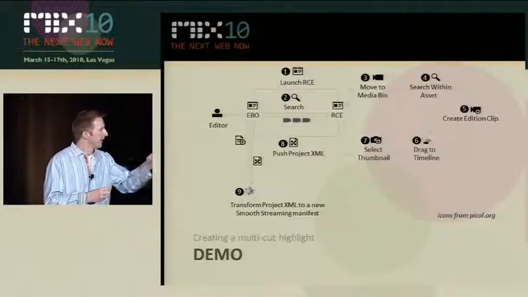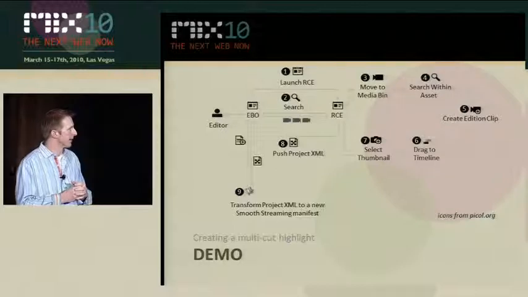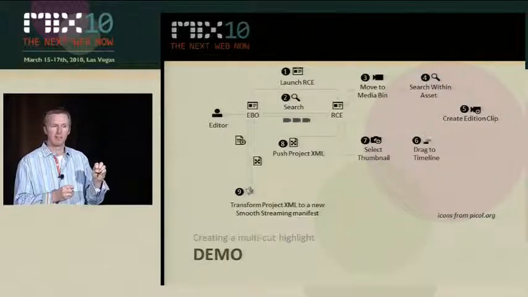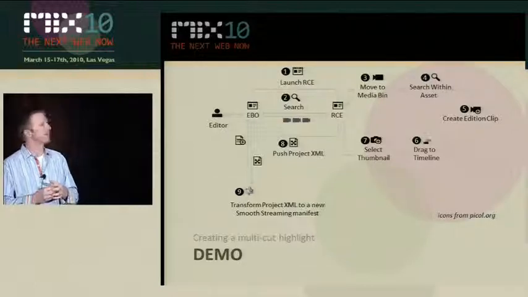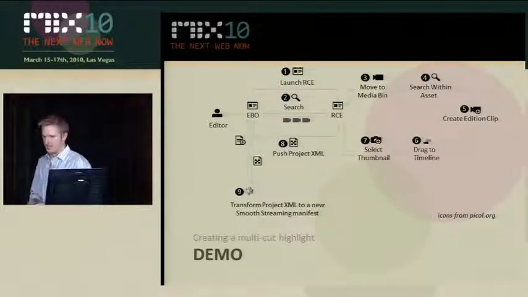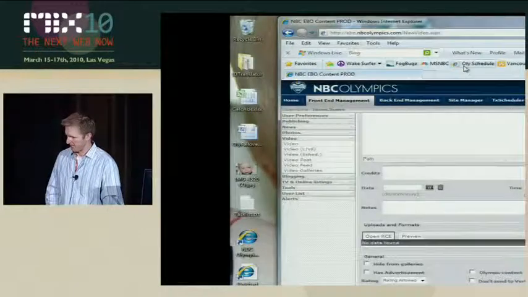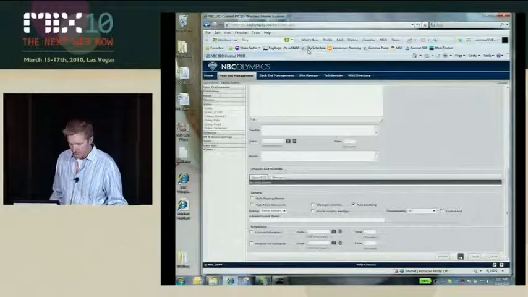And then the last step, the step 9 there, is that we have a web service that's used to transform that EDL, again, into a composite manifest. Okay, so let's just jump right into it. All right, so